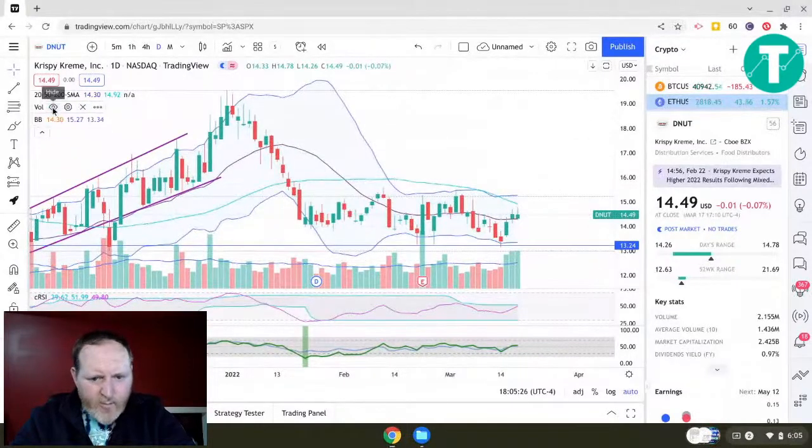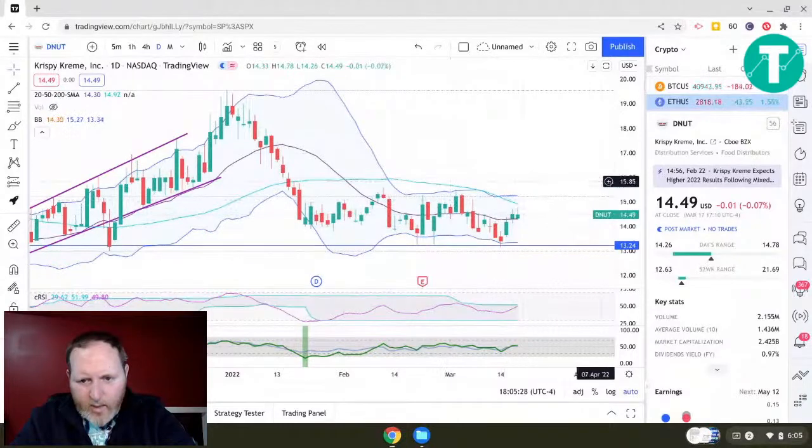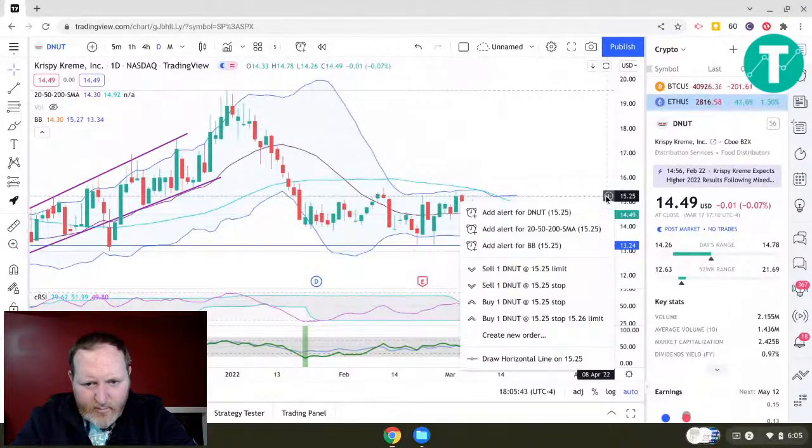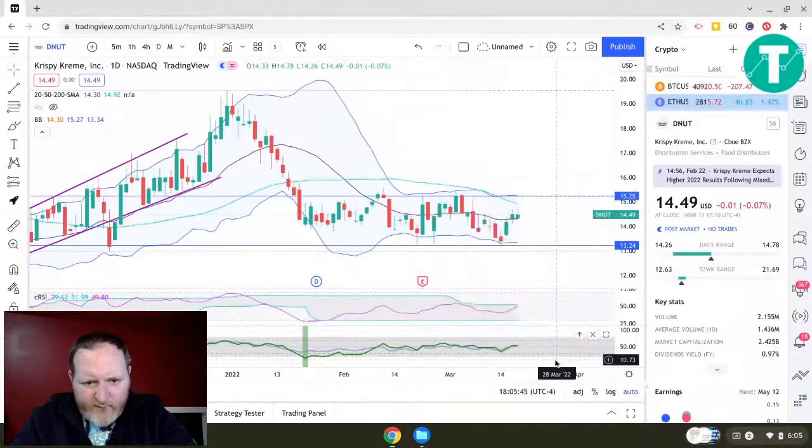Let me just take volume away for a moment. And then it looks like we're marching to a high, maybe 15.50, 15.25. Yeah, 15.25. And you can see going back to when it slipped into this range on January 20th,